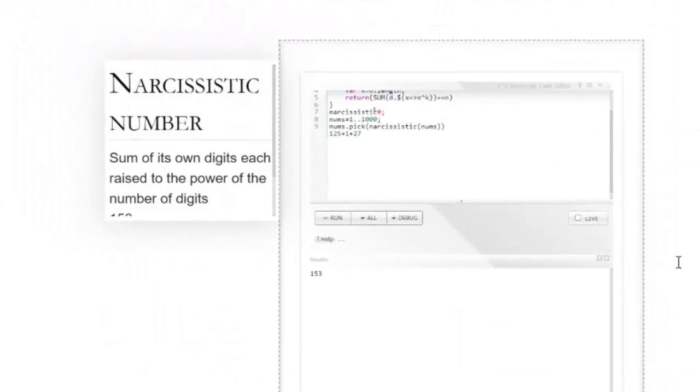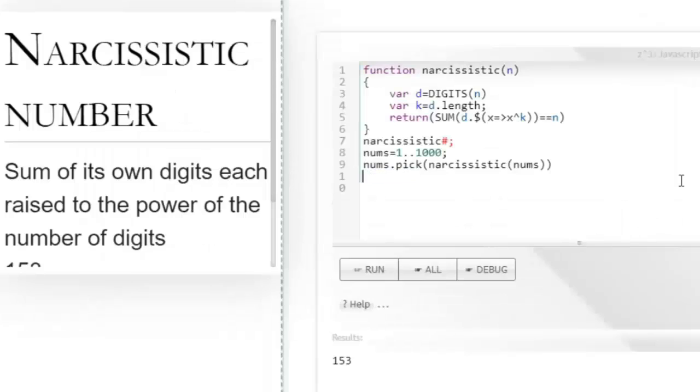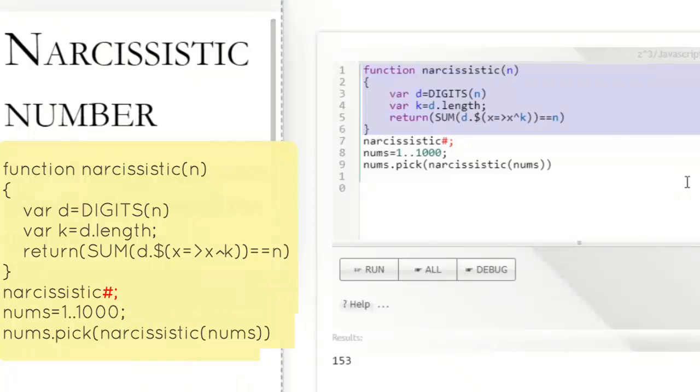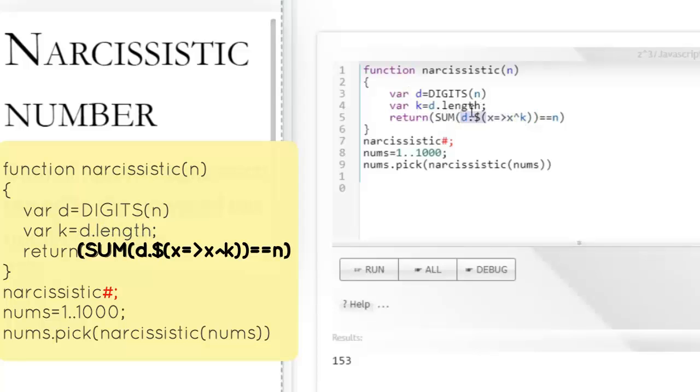Let's write this narcissistic number function using ZCubes language. So let's first write a function called narcissistic, which is going to take a number n and find its digits and also find the length of this number n, which is d dot length, and digits is going to give you all the digits of that number in an array. Then you take the digits in this array